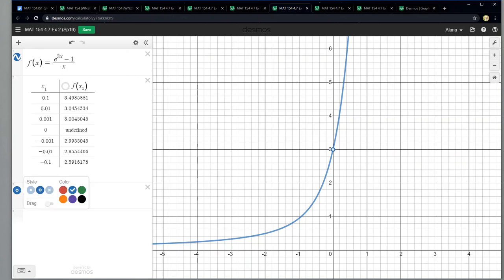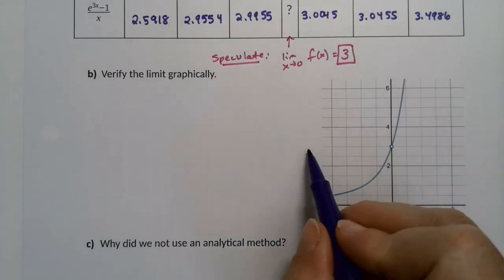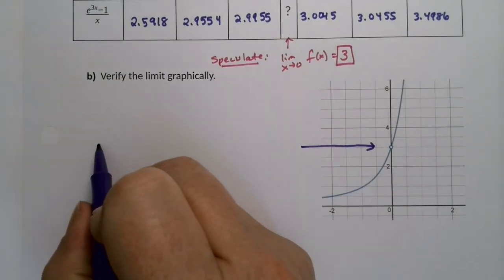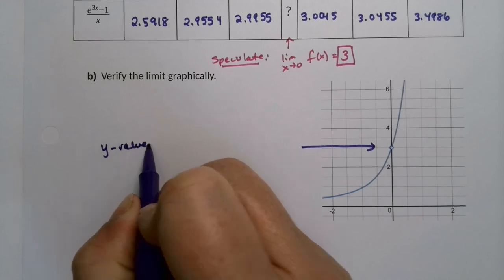I just chose a different style. I chose the open circle one, right? So that's how I made that function look like that. And you'll notice it is approaching 3, right? As I approach from the left and as I approach from the right, I'm sort of with my cursor doing the same thing I'm doing with the table. I can see where those y values are going to, and they're going to 3. So sure enough, it does verify because the y value for that puncture, that hole, I have to put into the graph myself. But sure enough, the y value of the puncture,